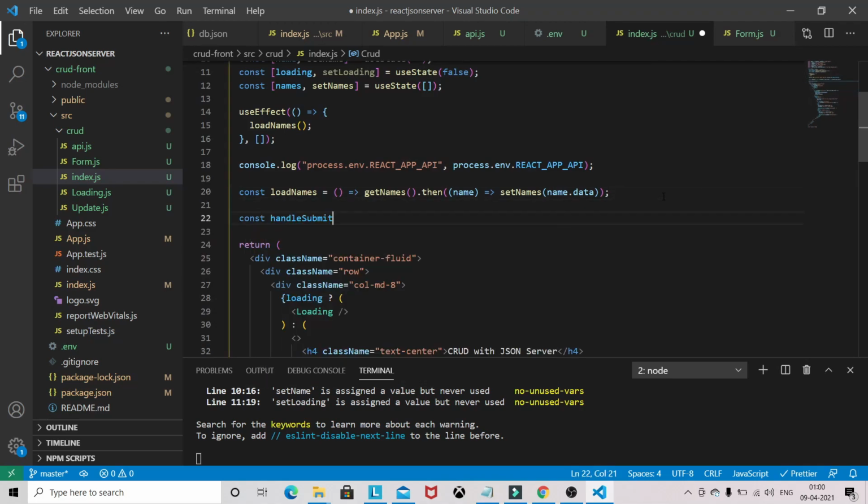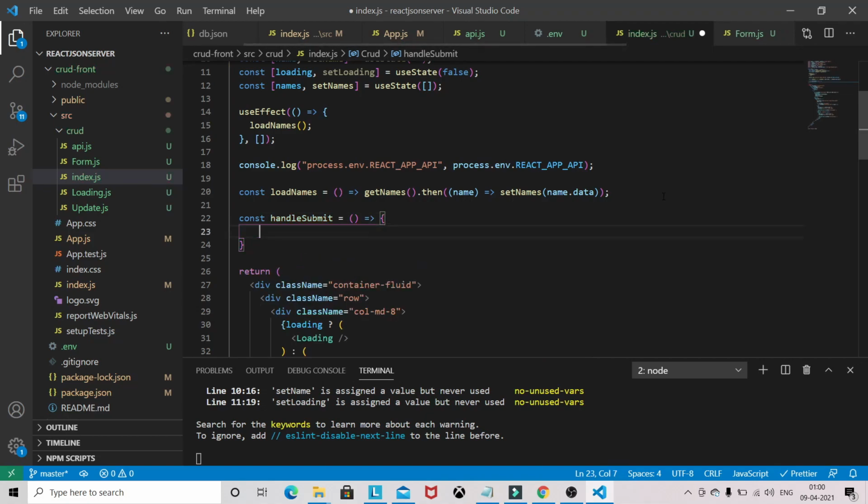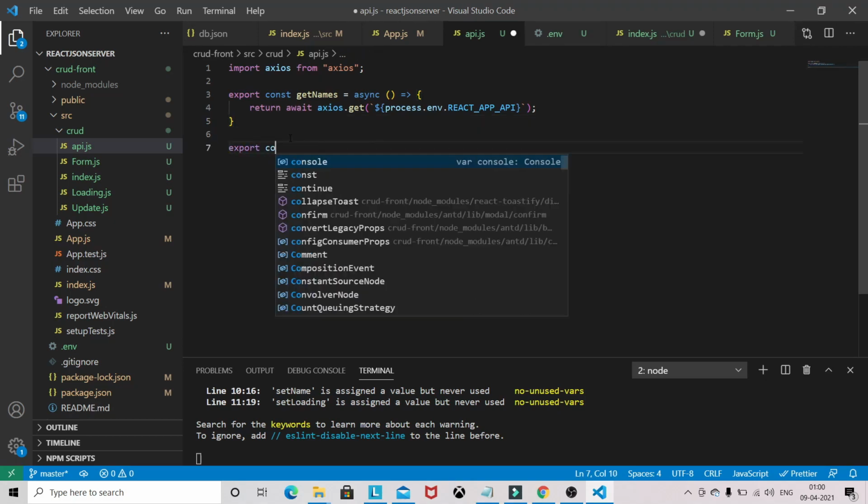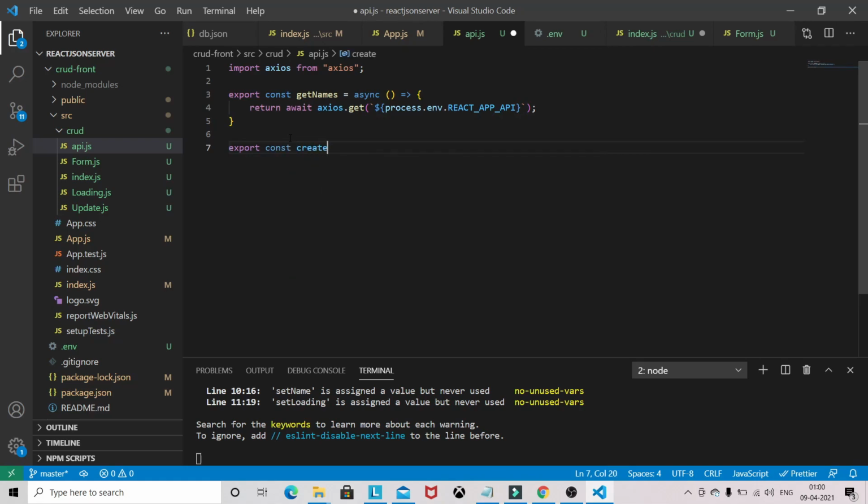Before writing this function, we will be adding the API. Export const createName, async, return await.